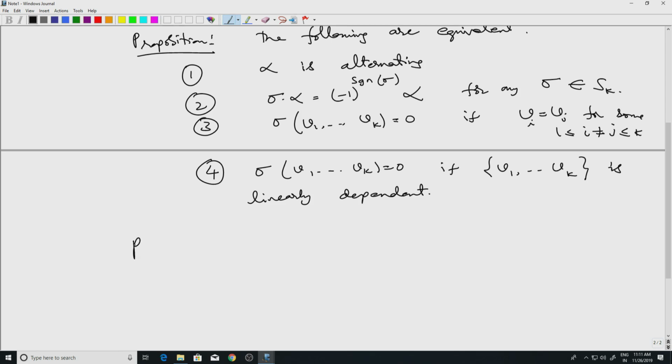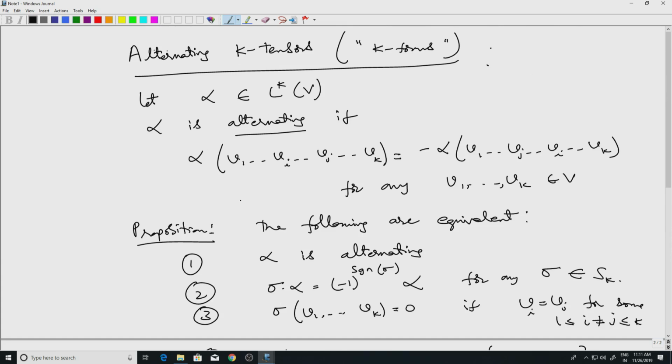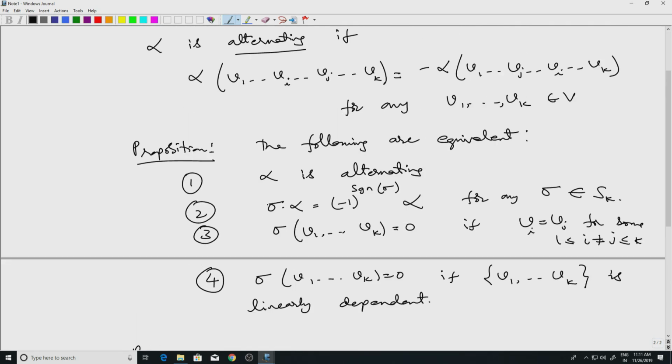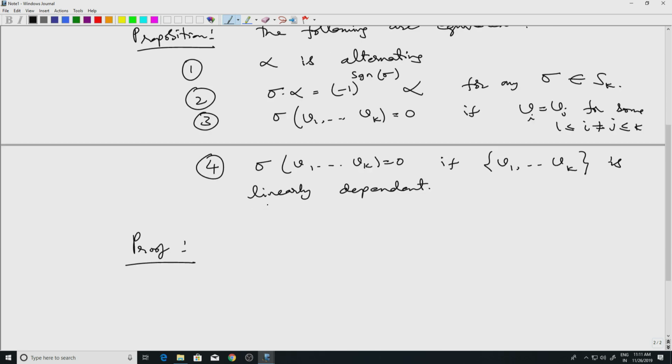So I won't go into all the details. I'll briefly discuss some parts, and let's start with the equivalence of 1 and 2. The proof is very similar to what we had for symmetric tensors. Before I do that, maybe I should point out the easier one, 2 implies 1. It follows by taking, given i and j,